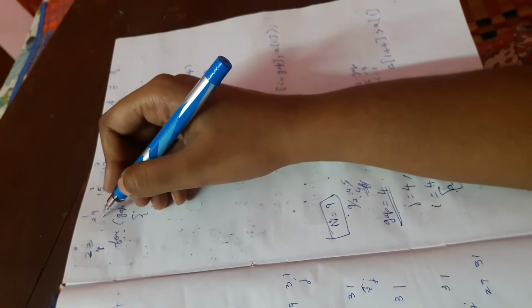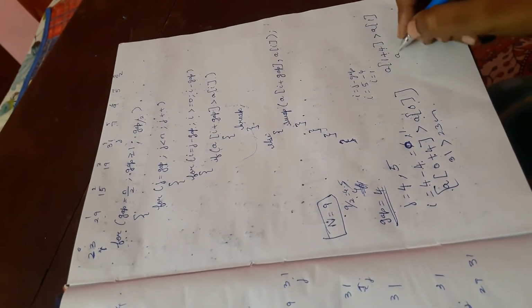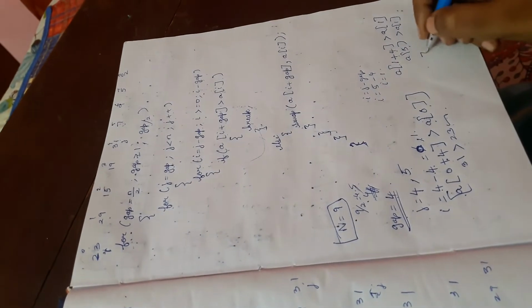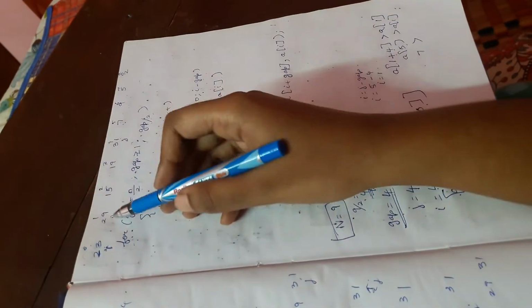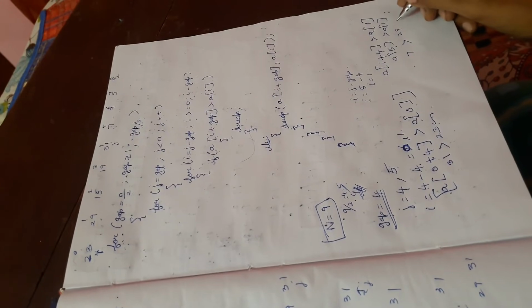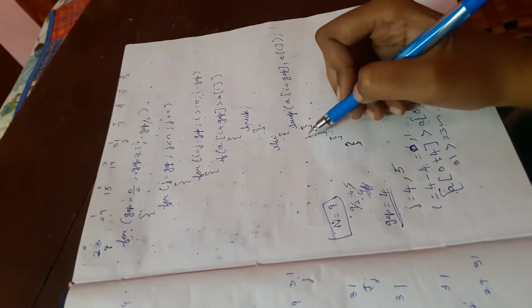So we are going to compare this value: a of i plus gap greater than a of 1. So what is the a of 5 value here? 7. Greater than a of 1. A of 1 value is 29. So is this condition true? No. So this condition fails. If this condition fails, we need to leave this loop and enter into this loop.